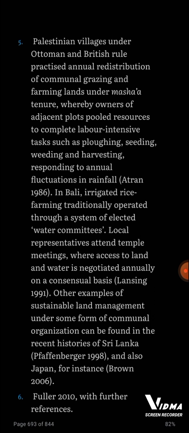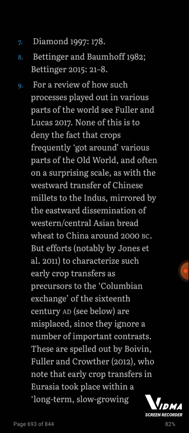Other examples of sustainable land management under some form of communal organization can be found in the recent history of Sri Lanka, Pfaffenberger 1998, and also Japan, for instance, Brown 2006, Fuller 2010, with further references. Diamond 1997, Bettinger and Baumhoff 1982, Bettinger 2015. For a review of how such processes played out in various parts of the world, see Fuller and Lucas 2017. None of this